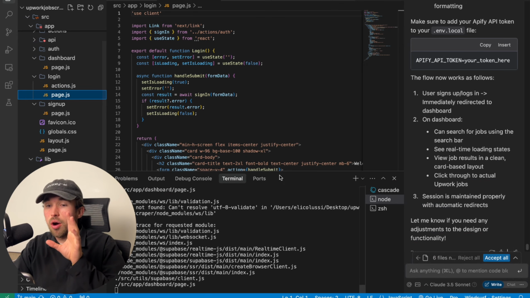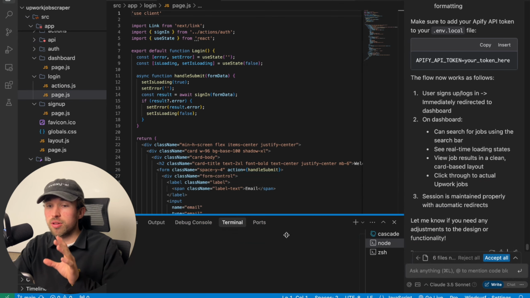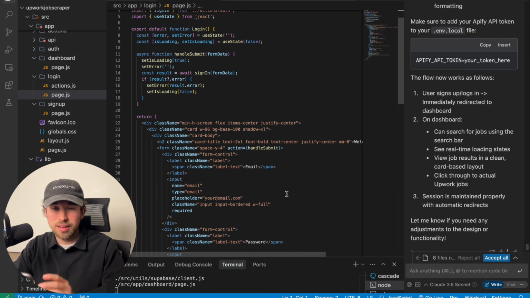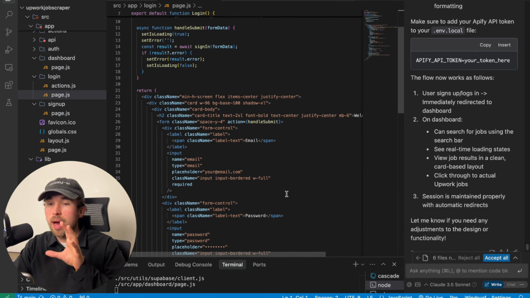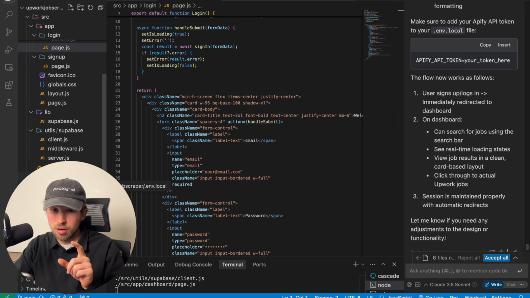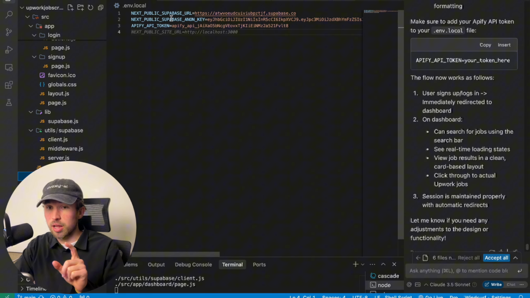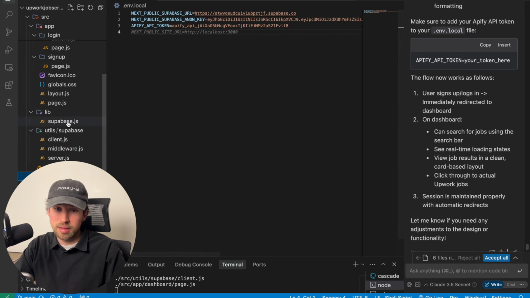Now, again, our auth and our redirection to the dashboard is a little bit laggy. It's not working perfectly. I may fix it. I may not. I might just get lazy. I might just push it to GitHub. Again, guys, GitHub will be in the description. If I didn't fix it, you just type in dashboard in the URL after you authenticate and set up your Supabase connections in here, which you just have to do. I will include all these variables, but I will just remove my keys, obviously.